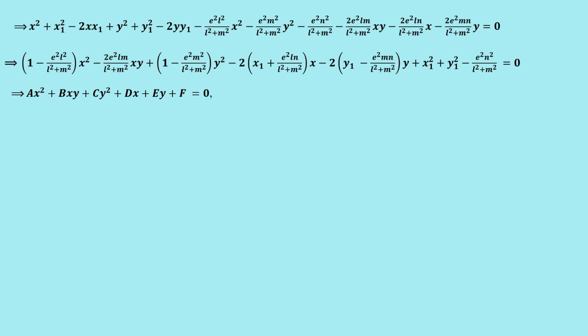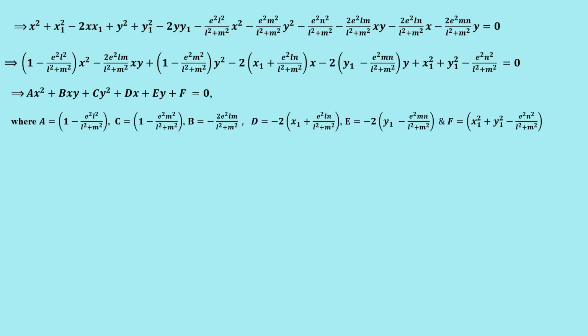So this is in the form of ax square plus bxy plus cy square plus dx plus ey plus f equal to 0, where a is the coefficient of x square, 1 minus e square L square by L square plus m square, and c is the coefficient of y square, 1 minus e square m square by L square plus m square, and b is the coefficient of xy, minus 2 e square lm by L square plus m square, and d is the